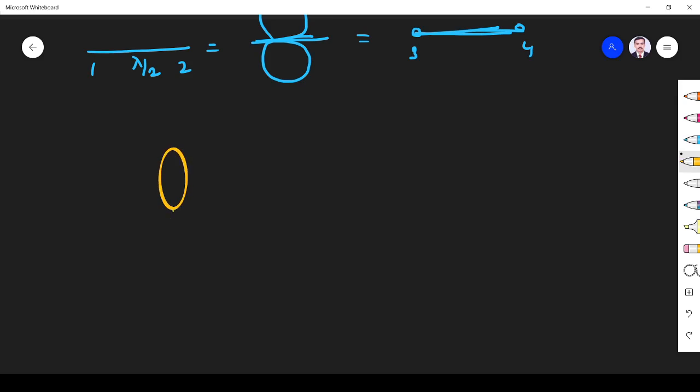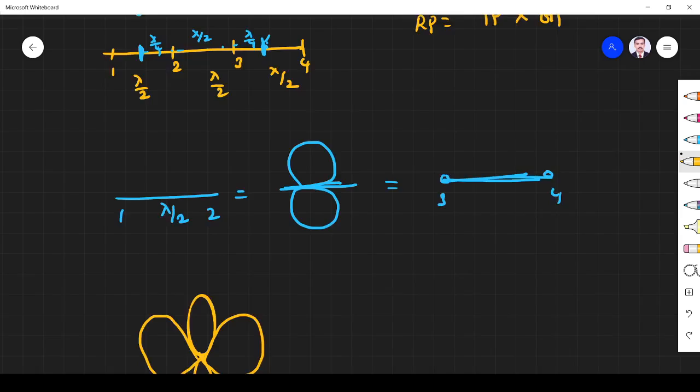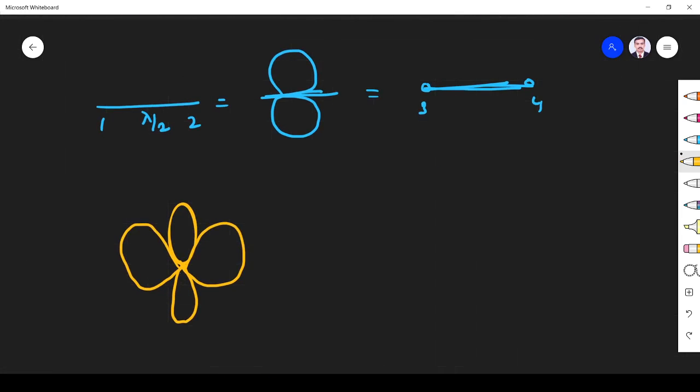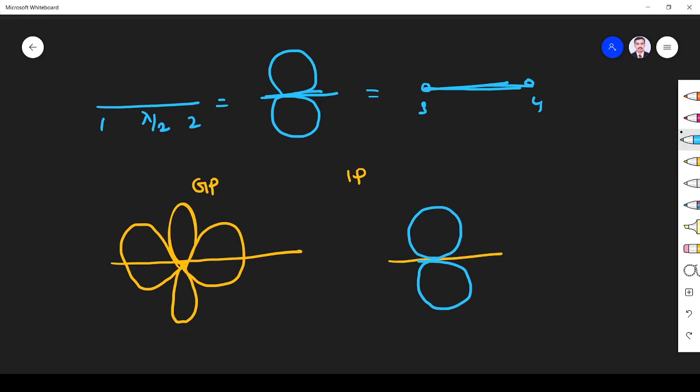It will be like this. Right. So it is the radiation pattern of two antennas separated by a distance of lambda. So it is the group pattern. This is our individual pattern. Right, 1 and 2 as one antenna has an individual pattern of this one. So I put it like this, then only I can proceed. So the individual pattern is this number 8. Clear?